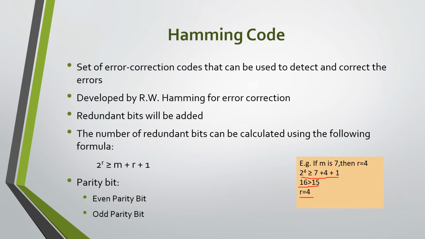In the same way, odd parity bit means that for a given set of bits the number of ones is counted. If the count is even, then the parity bit value is set to 1, which makes the total count odd. If the total number of ones in the given set of bits is already odd, then the parity bit value is 0, which keeps the number of ones in that string odd. This is known as the odd parity bit.